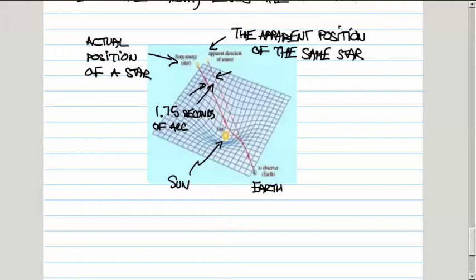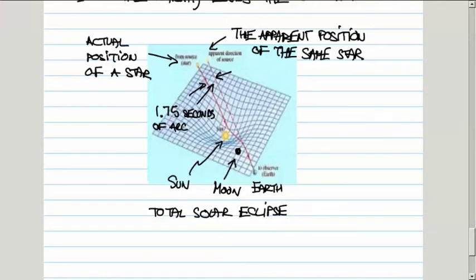So to see this, the moon has to be between the Earth and the sun. So we have here total solar eclipse. And Eddington went on 2 expeditions to the places in the world at that time, late 20s, to actually see this effect. And indeed, he was able to confirm